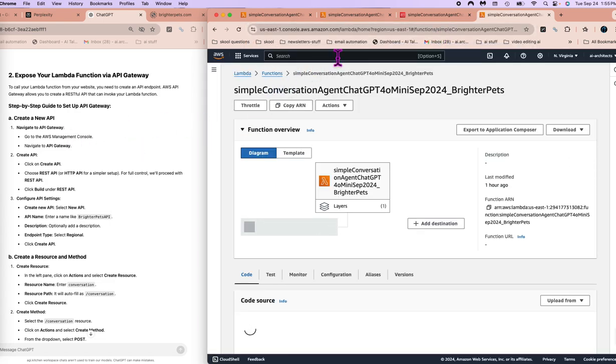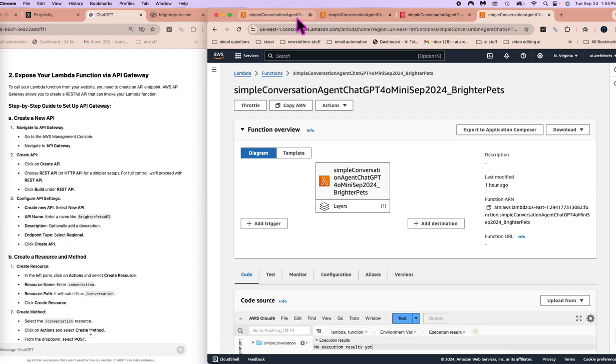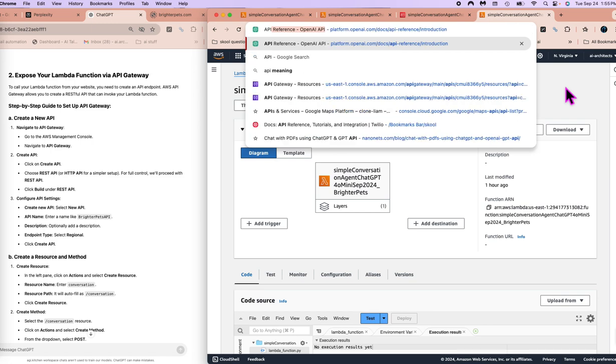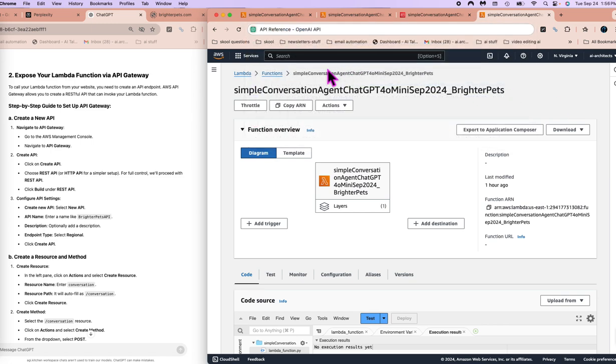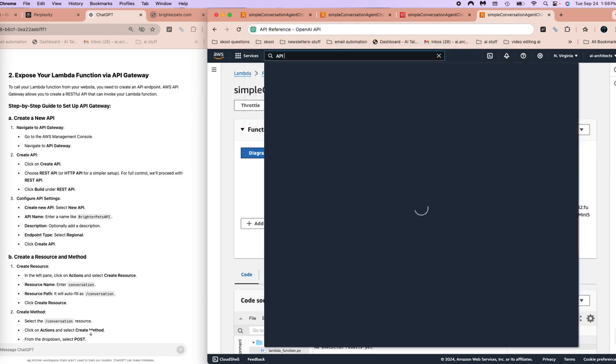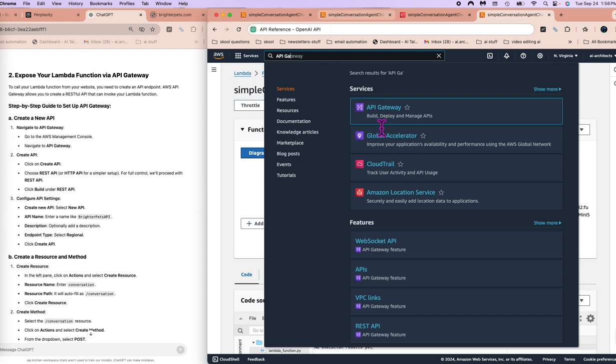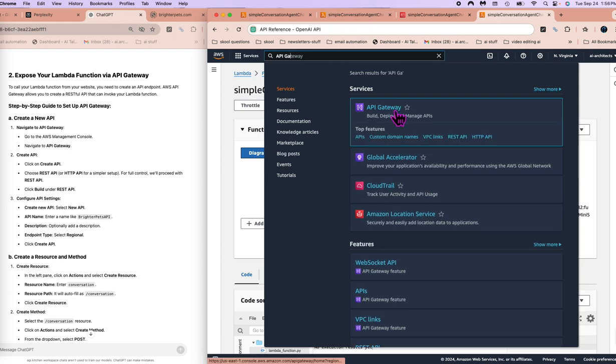So all I did was take the URL from any one of these. That way I don't have to sign back in and out or click around. For me, it's just easier. You don't have to do it this way. Oops, sorry. We go into the search here, API Gateway, okay, and then you can see it right here at the very top. We are going to be making a